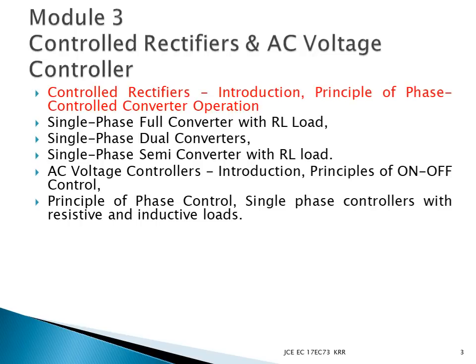So basically we are looking into two chapters of Rashid, the prescribed textbook. In that we are dealing with two power converters. One is the controlled rectifier and the other is the AC voltage controller. These two chapters have been merged as Module 3 and we will have about 7 videos for this chapter. Likewise, we'll have the Bloom's taxonomy specified as L1, L2, L3. Because of the L3, we'll also be having certain problems to solve in this chapter.